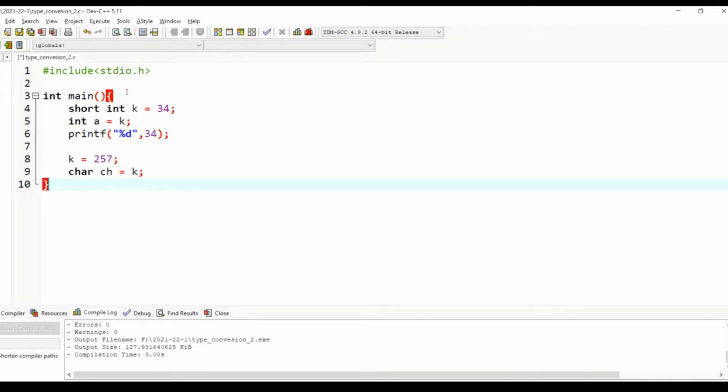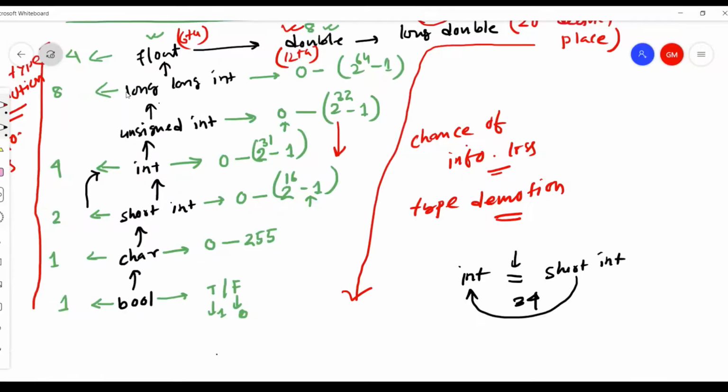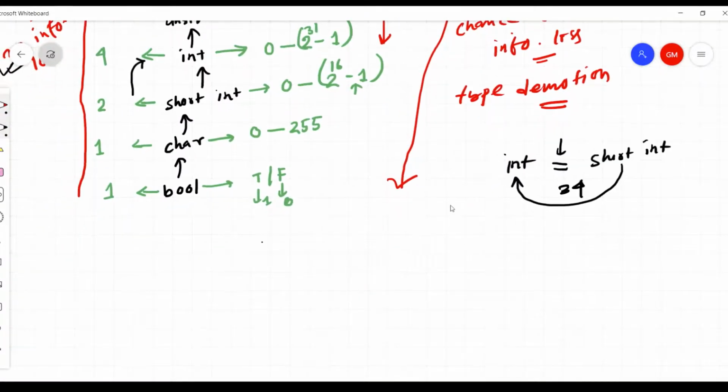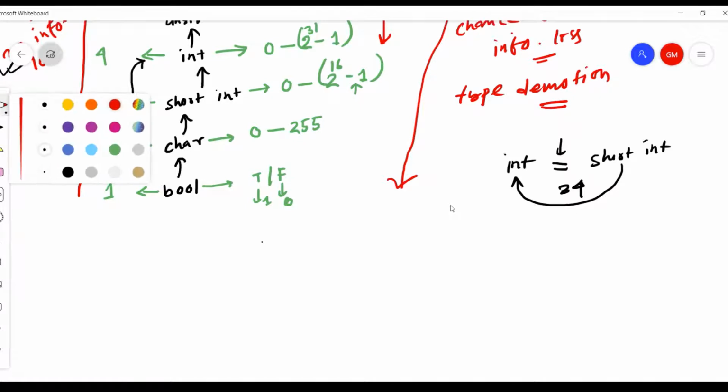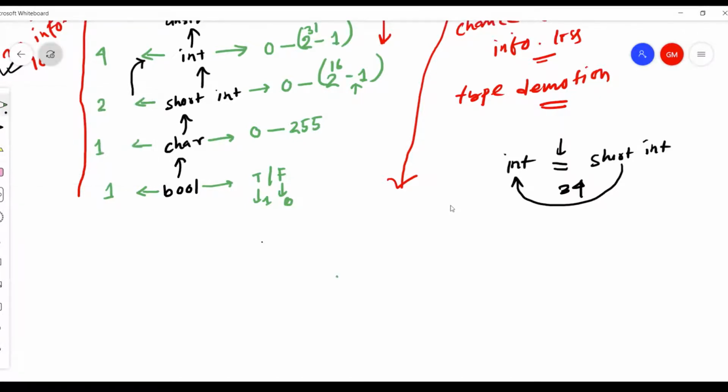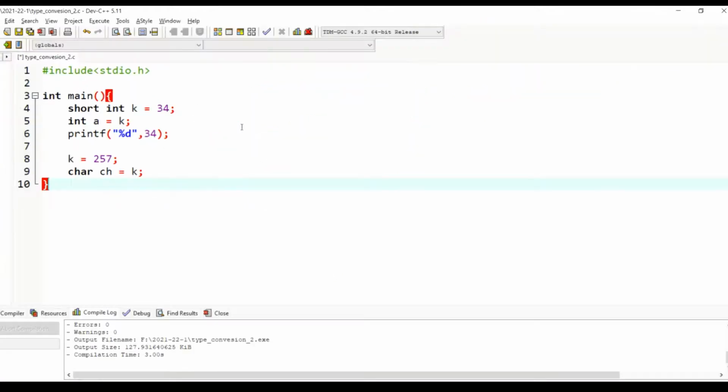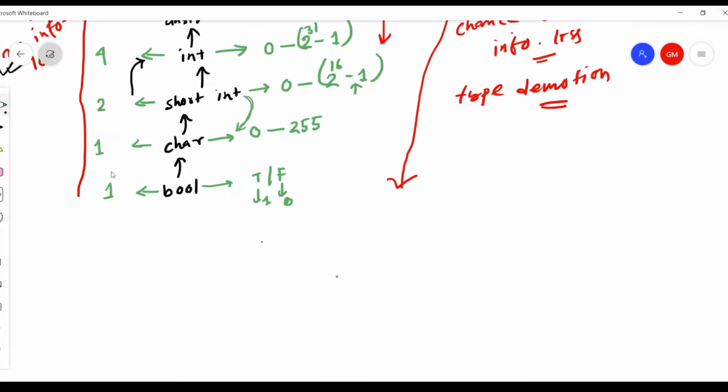Go back to the figure. If you look carefully, we are going from short integer to character.